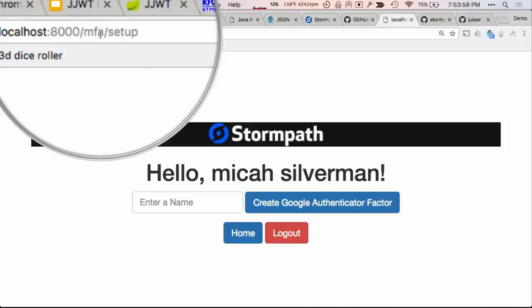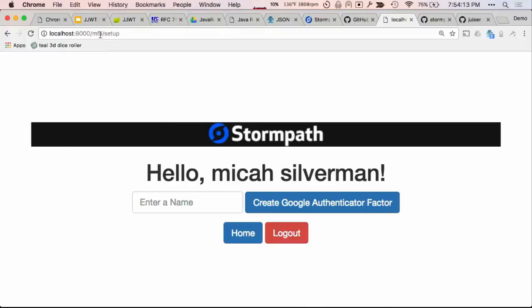End users have no knowledge of this, and it's one of the powerful things about Zuul: it can handle some collection of routes internally. Other routes it can send off to one microservice, and other routes it can send off to another microservice. Your end users are never the wiser.